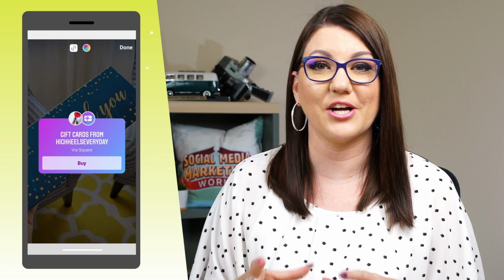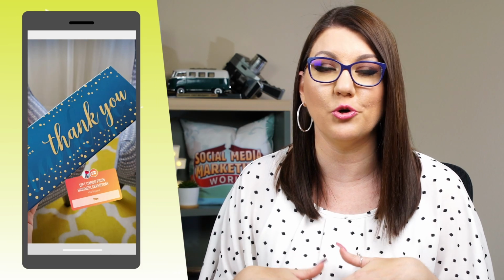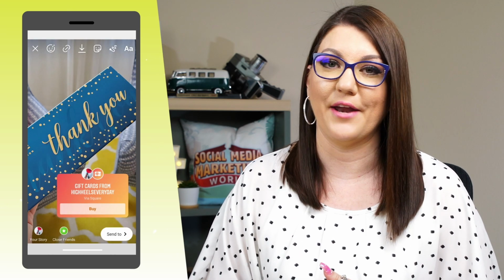Now you'll see your sticker as it's going to appear on the story. But before you move on, you actually have the option to do a little formatting. You can tap on the little colored wheel at the top of the screen. That will allow you to change the color background of the sticker. When you're all set, go ahead and tap Done, and it will add the sticker to your story. From here, you can pinch and zoom, you can drag and move around, put it wherever you want within your story, and you're all ready to go.